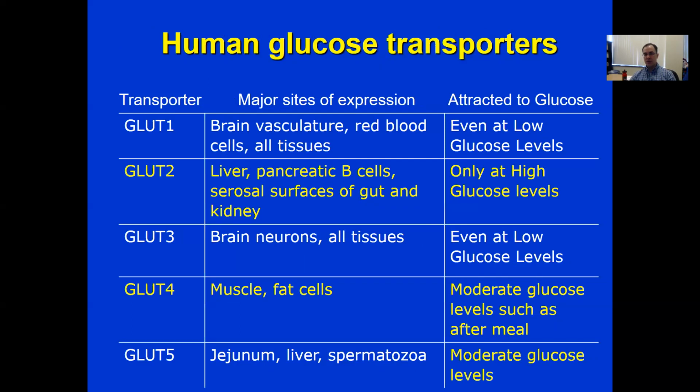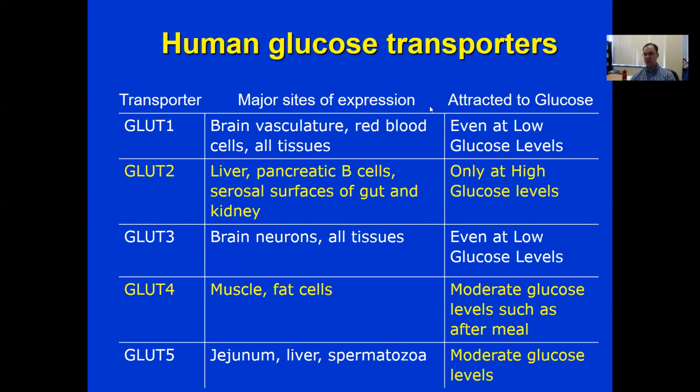Well, it's important to know that we have different types of GLUT transporters based on the tissue of the body. We've talked about the GLUT4 transporters in the muscle. They're also located in the fat cells. So what we have here is the transporters, GLUTs 1 through 5. You have the major site of expression, which basically means the tissue where you'll find these particular GLUT transporters. And then finally, affinity for glucose. What this basically means is